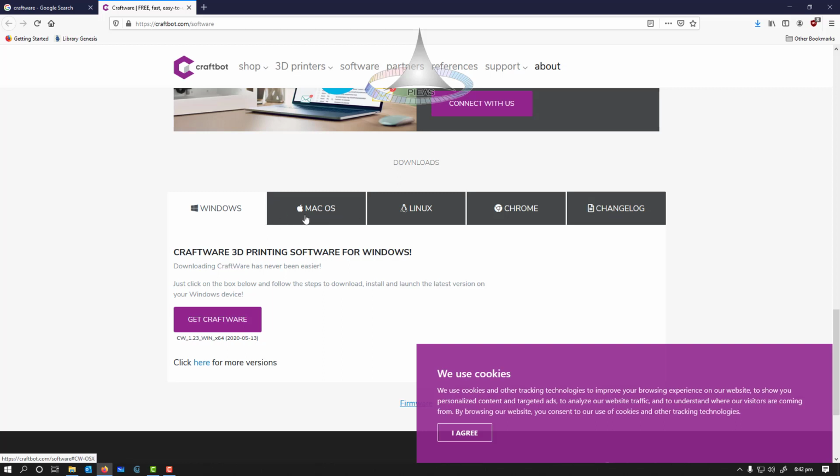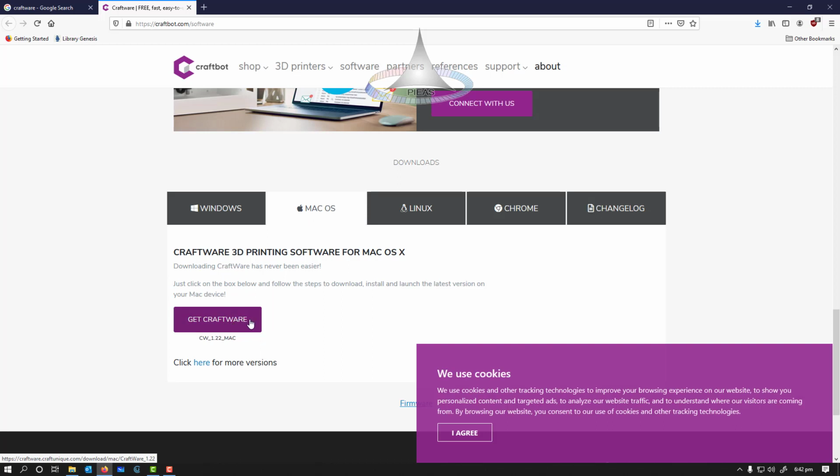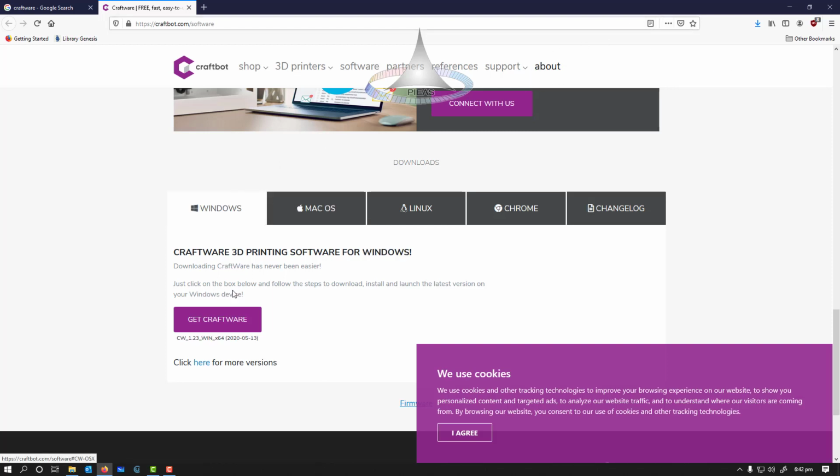You can download the Craftware version for that OS respectively. Right now I'm gonna skip the downloading step, as I already have downloaded the software and installed it in my computer.